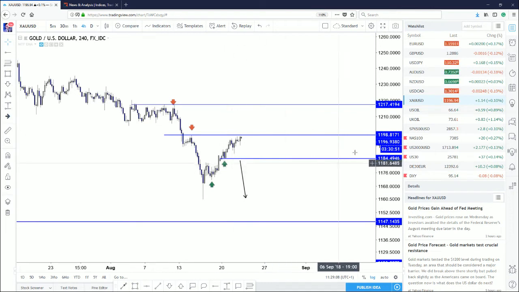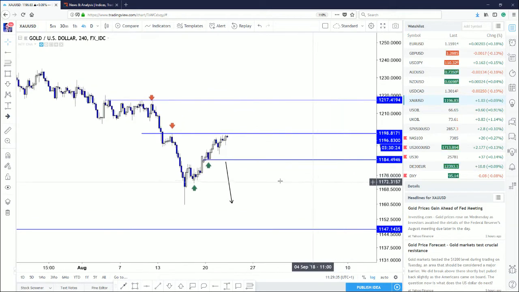Now the level I'm watching is 1198, and this is sort of the line in the sand. If we cross above this, we'll move to the upside. You can see a further squeeze. So pretty much the same what you're seeing in the dollar index, seeing what you're seeing in the euro, and the trend is downwards, but it's clearly upwards in the short term. And when this happens, the market can just continue to go up higher and higher, and you just get yourself stopped up. So I don't want to do that right now because we can clearly see across the markets that you're having a bit of a short squeeze.